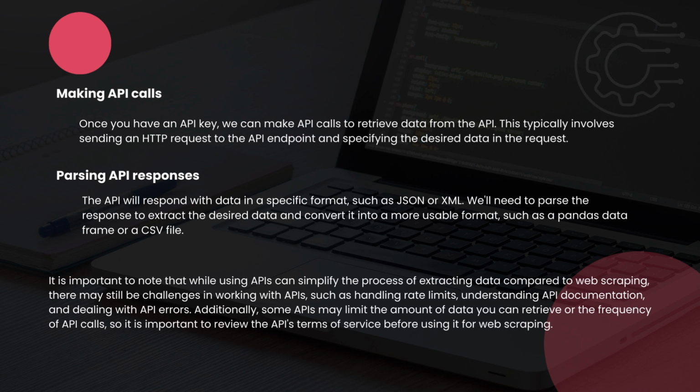You will need to parse the response to extract the desired data and convert it into a more usable format, such as a Pandas data frame or a CSV file. It is important to note that while using APIs can simplify the process of extracting data compared to web scraping, there may still be challenges in working with APIs, such as handling rate limits, understanding API documentation, and